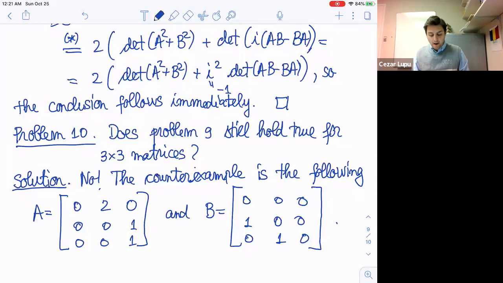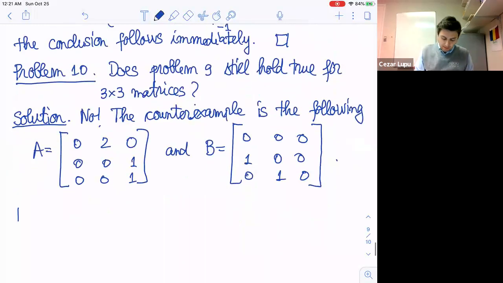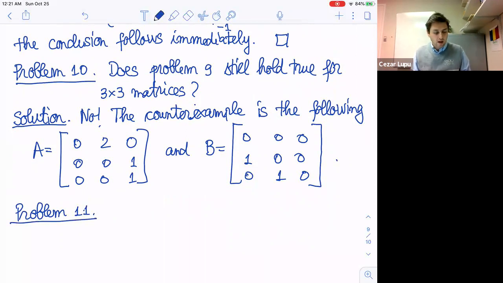All right, now let me do another problem, problem 11. So starting from this point on, I'm just going to solve problems involving 3x3 matrices. And the first problem that I have in mind, it's classical, whatever, but it's a very nice problem. So let me consider a 3x3 matrix with complex entries such that